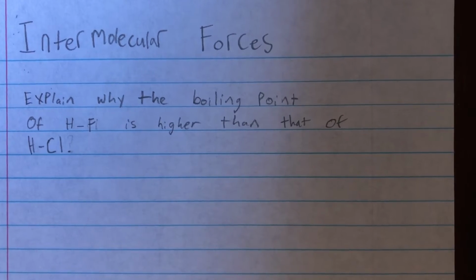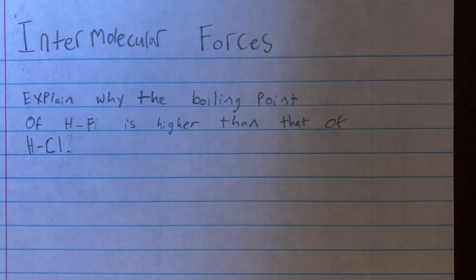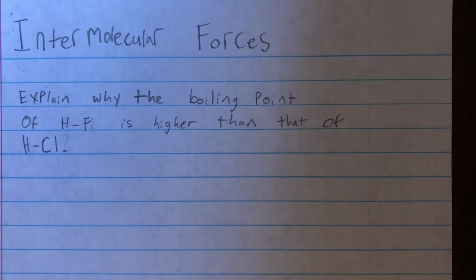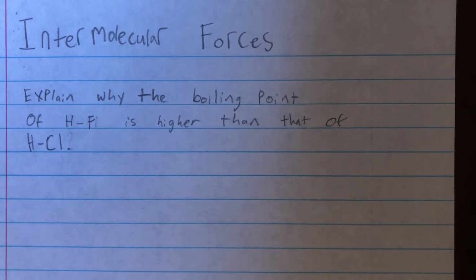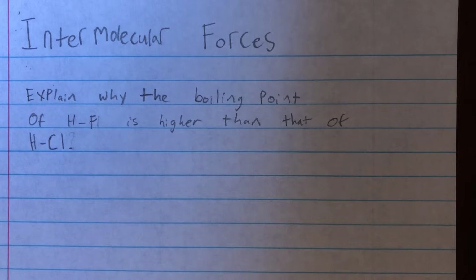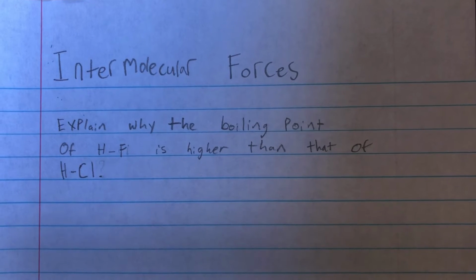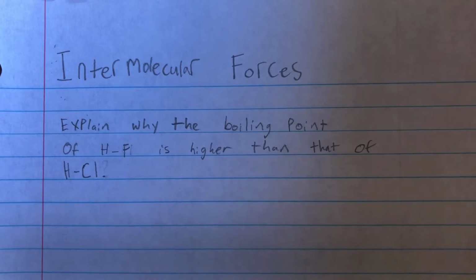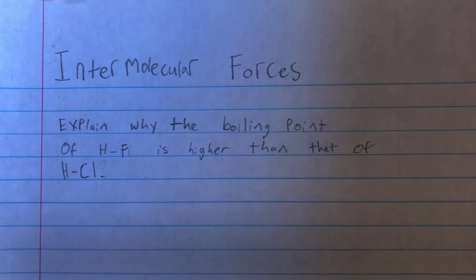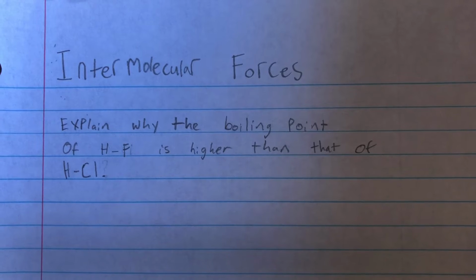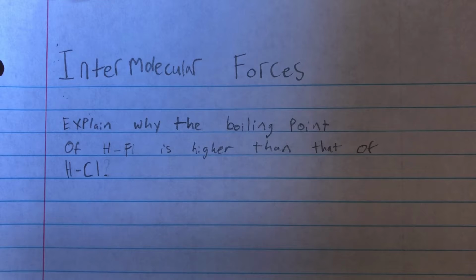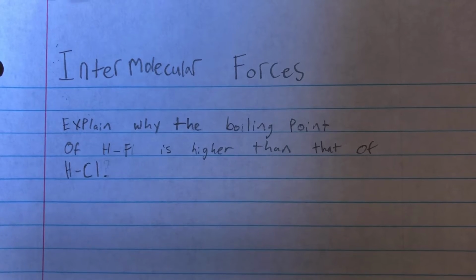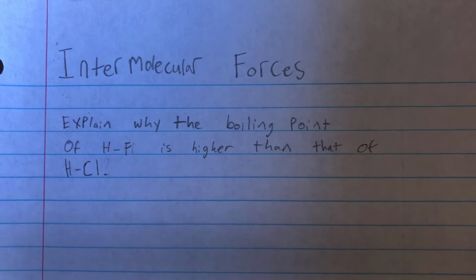Okay, so this is an example of a question you might be asked on the AP test. Explain why the boiling point of HF, hydrogen fluoride, is higher than that of HCl, hydrogen chloride. So the first step to solving a problem like this is figuring out if the compound is covalently bonded, metallically bonded, or ionically bonded. So we know that HF and HCl are both covalent molecules, as both atoms in the